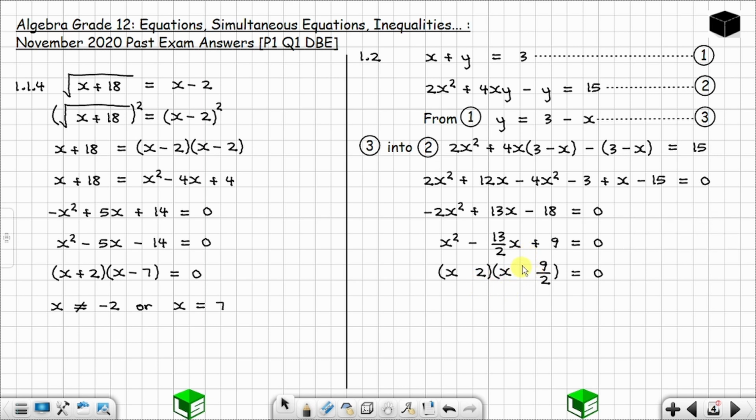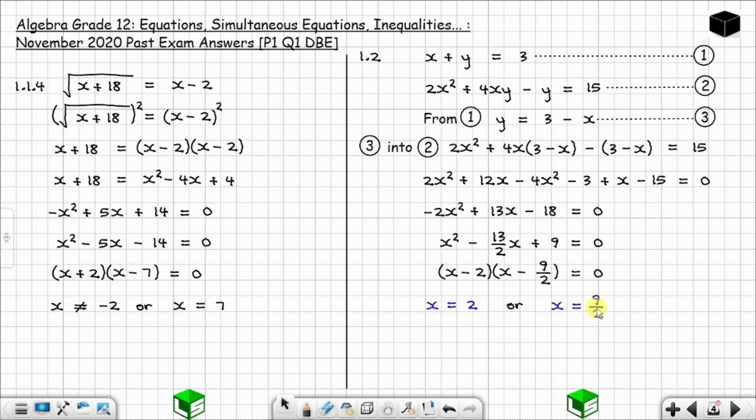And so now you have plus there. If you have plus there, it means that the signs inside the bracket are going to be the same as negative. So they are going to be negative there and negative there. So they are the same because you have plus there. When you have plus there, the signs are going to be the same inside the bracket as what? As negative. Okay. And so from here, x is equal to 2 or x is equal to 9 over 2 when you solve. Okay. So you have your x and your other x.